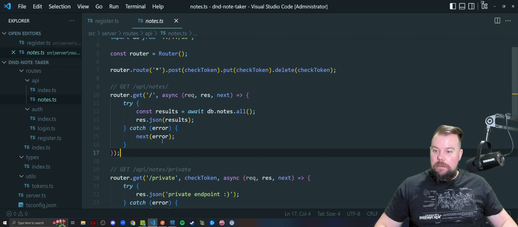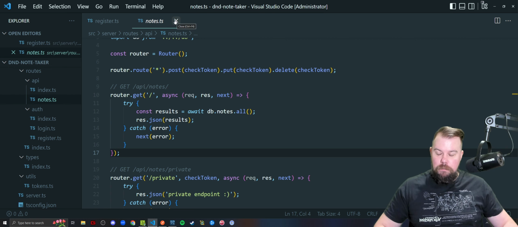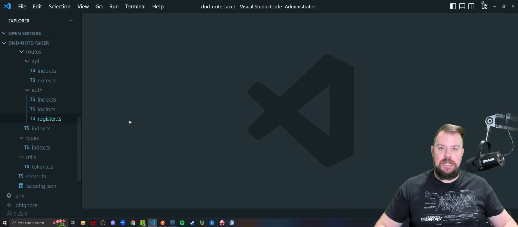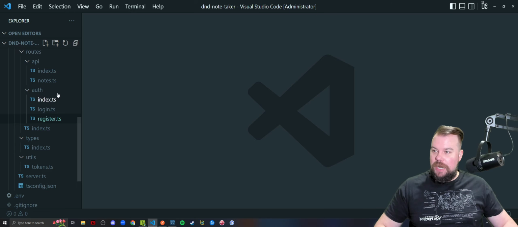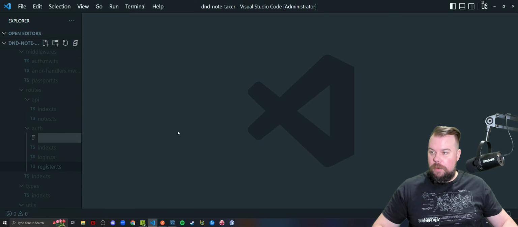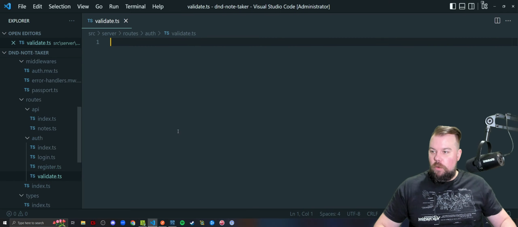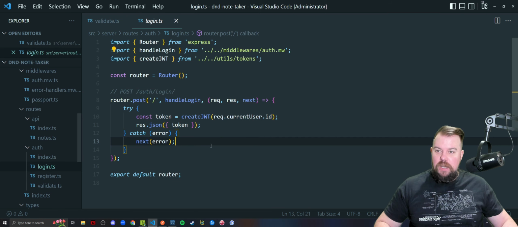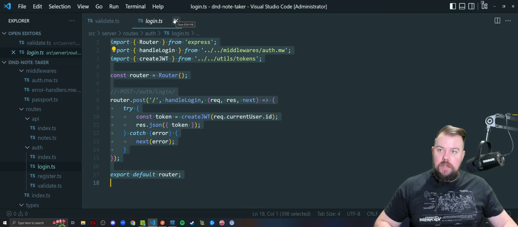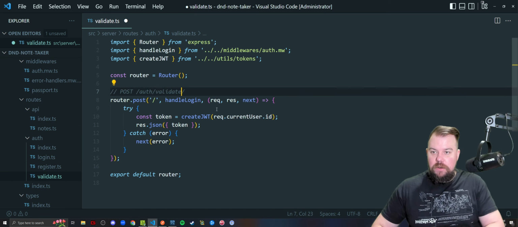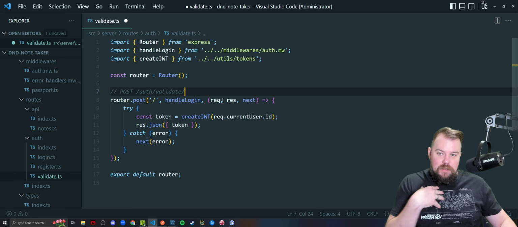So yeah, okay. We also need to have some kind of auth route before I begin building out the CRUD operations for my notes side of this particular project and application. I'm going to add a new router in my auth directory here. We'll call it validate.ts, I guess the validate router. I'm going to copy the login router logic really quick. So from the login file, I'm going to copy and paste it here just so I can quickly spool this one up. So this will be auth, I guess, validate or auth/me, something like that,